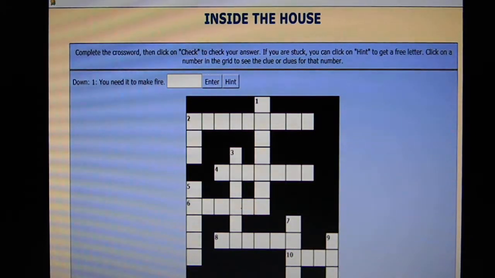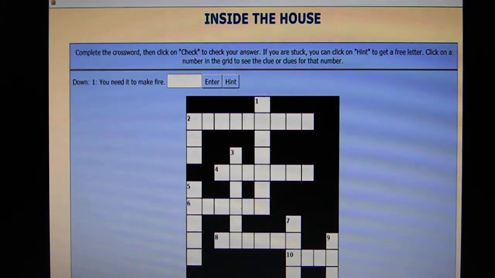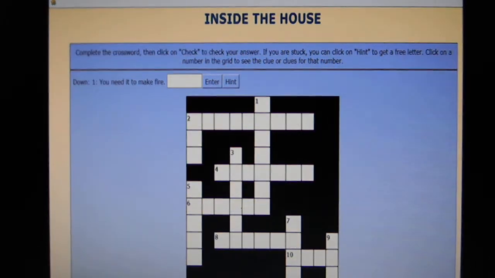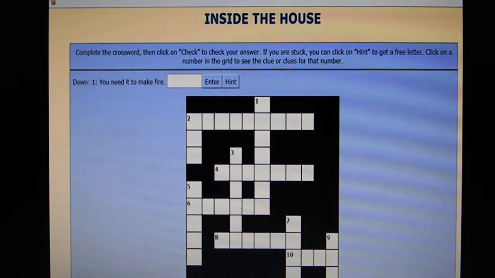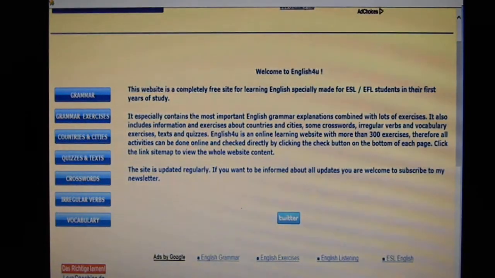Instructions are provided and students will have to click on the number and a sentence will appear for the students to fill in the crossword. Let's go back to our menu